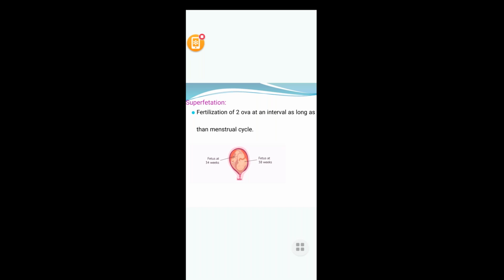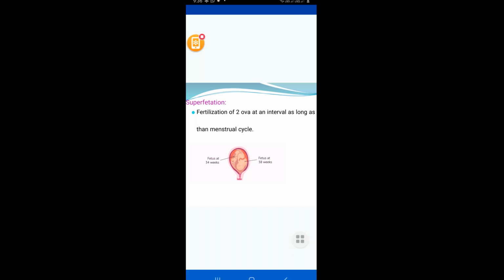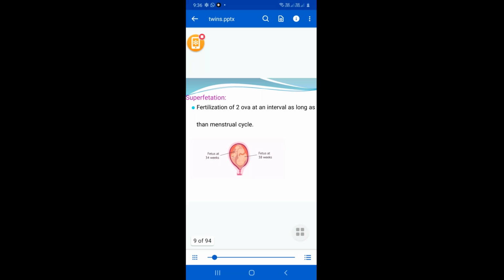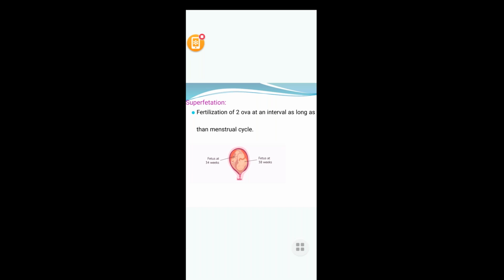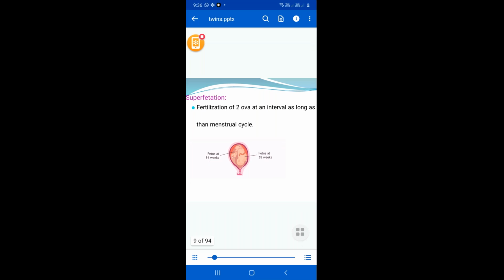Then you have done a scan which shows a single live fetus. You have sent her home saying normal, prescribing all your normal medications and explaining the do's and don'ts. Then she has come to you next week or next month or after 6 weeks. Then you have done a second scan. Surprisingly, if you see 2 different embryos with 2 different weeks of gestation, the first thing that should come to mind is